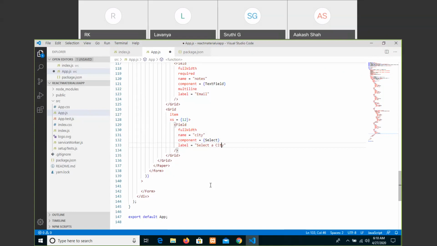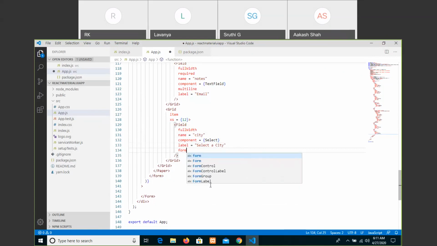We'll select a city, and then additionally to these form control props.